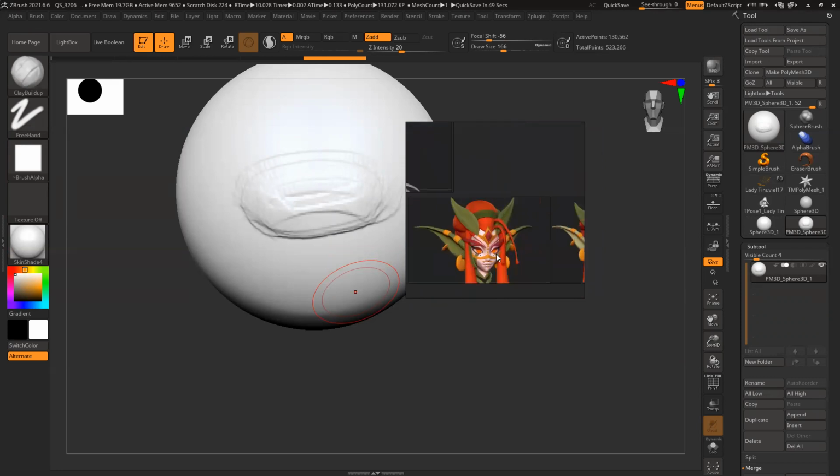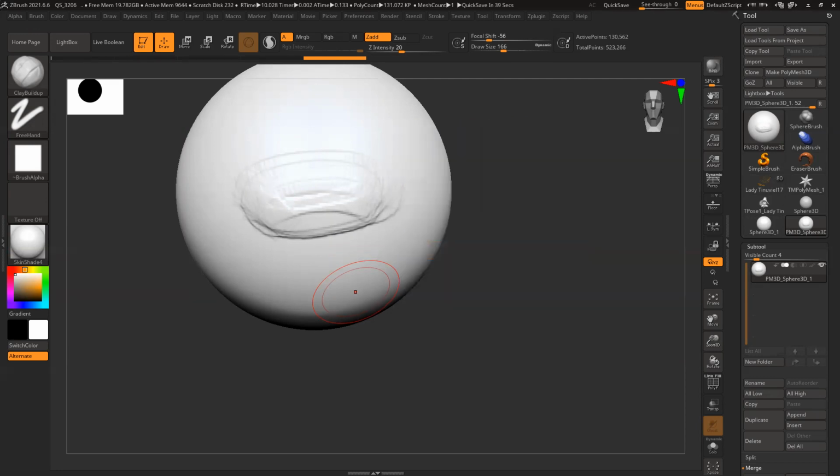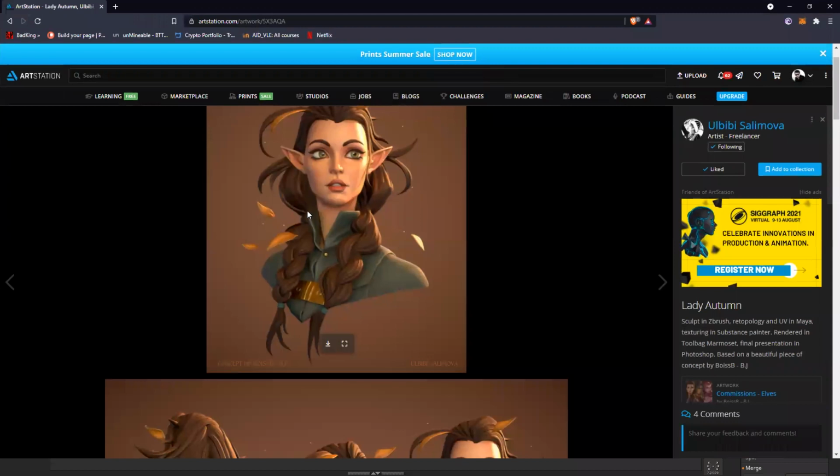You give me, sir, for my reference. Not this one, that one, the reference one. This one, not this one. That corner, sir. Chin or a jawline? Jawline, sir. Okay.